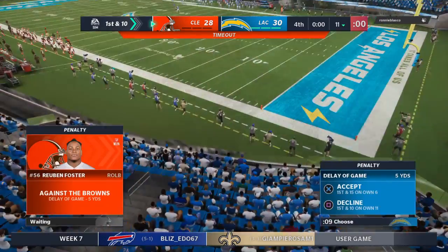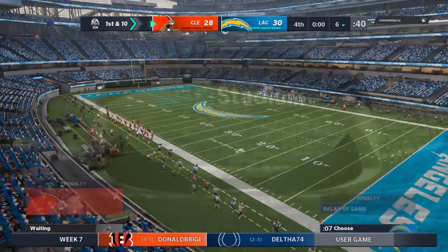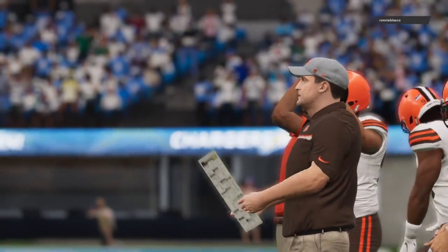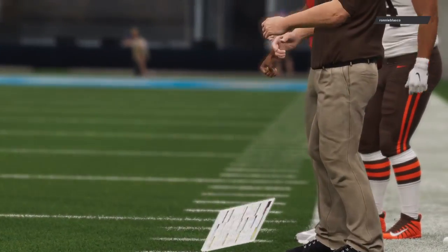Play clock down to 0, and this is not the way to start a drive. That'll make it 1st and 15. Chargers 30. Well, going into the final play of this game, they knew